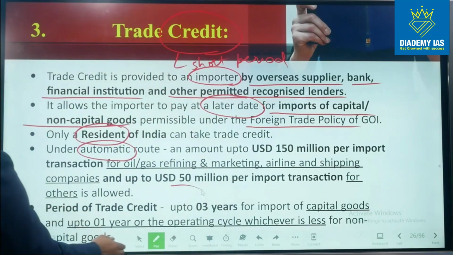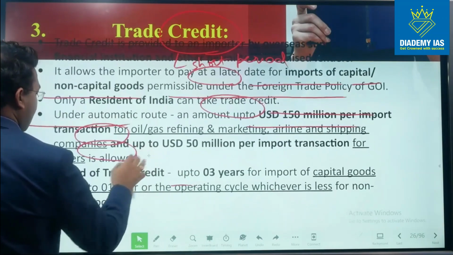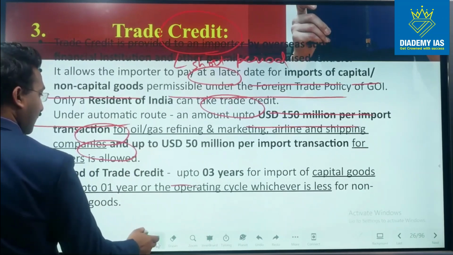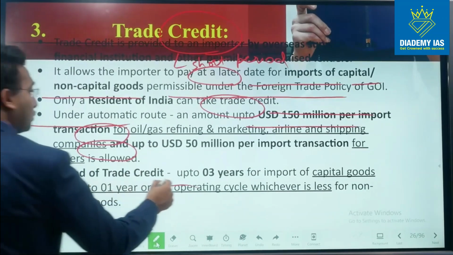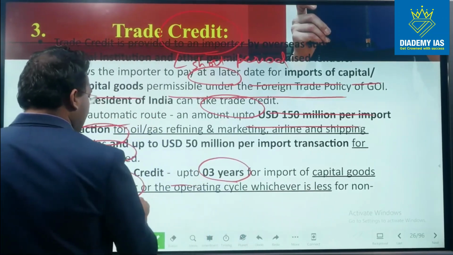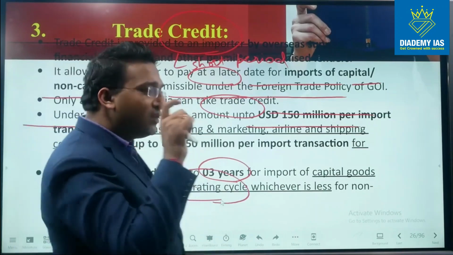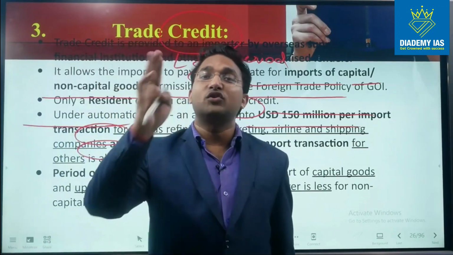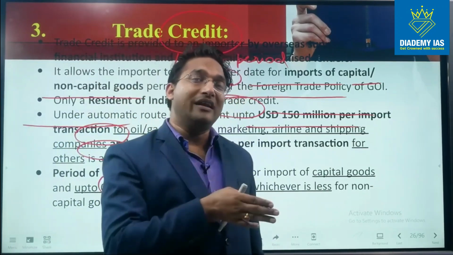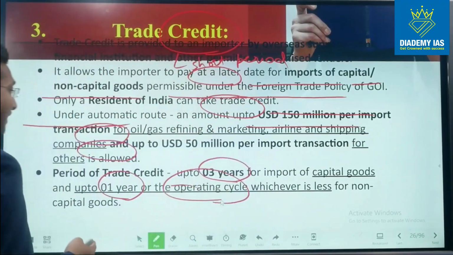Period of trade credit. So this is very crucial. The period is up to 3 years for the import of capital goods, and up to 1 year or the operating cycle, whichever is less, for the non-capital goods, right? So if it is for machinery, it can be maximum for 3 years. If it is for raw material, then it can be maximum for 1 year, or the operating cycle, whichever